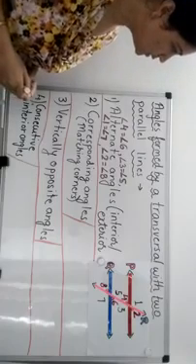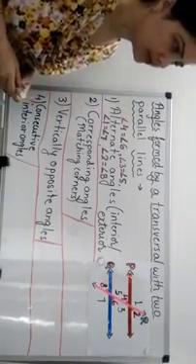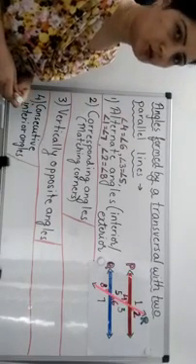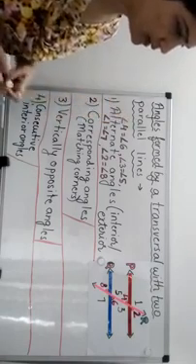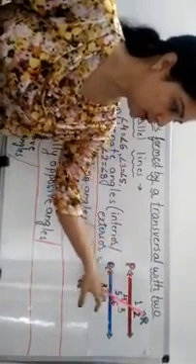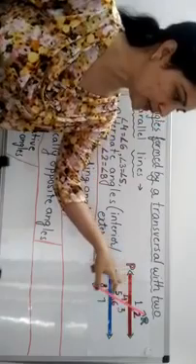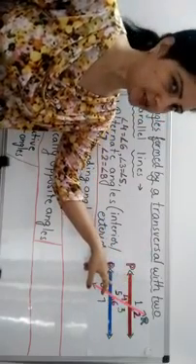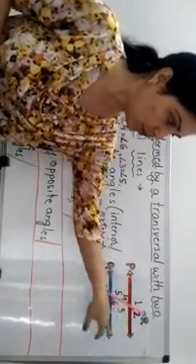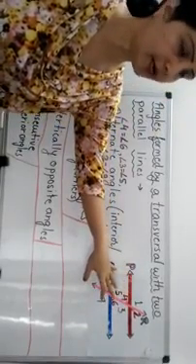So today we are going to see different angles formed by a transversal line with two parallel lines. Okay. So first we see what are the parallel lines. As you can see, I have made these two parallel lines. Parallel lines are the lines which never intersect each other. If you extend them more, they will not intersect at any point.